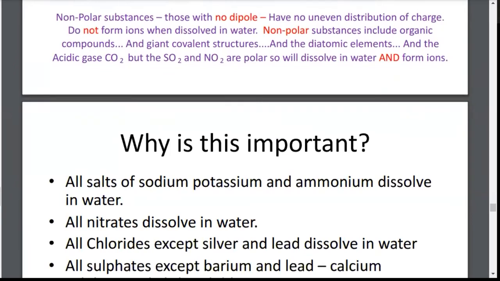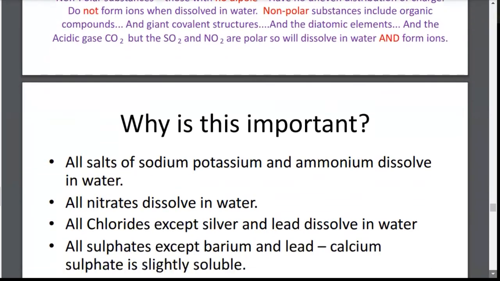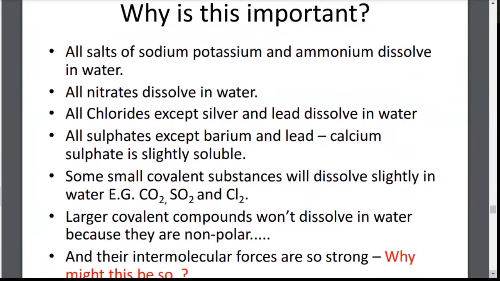Okay, so this is important. This is a handy slide for you to remember if you are heading into a GCSE exam soon. Remember that all salts of potassium and ammonium dissolve in water. All nitrates, all chlorides except the ones mentioned, all sulfates except the ones mentioned. Some of these smaller covalent substances will too. And remember, when nitrogen dioxide, carbon dioxide, and sulfur dioxide dissolve in water, they form weak acids, so they're called acidic gases. Larger covalent compounds, like diamond and silicon dioxide, sand, won't